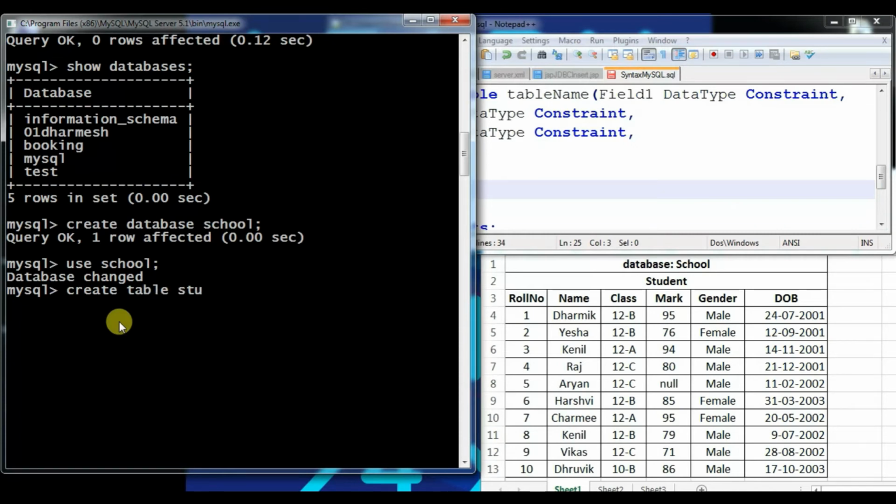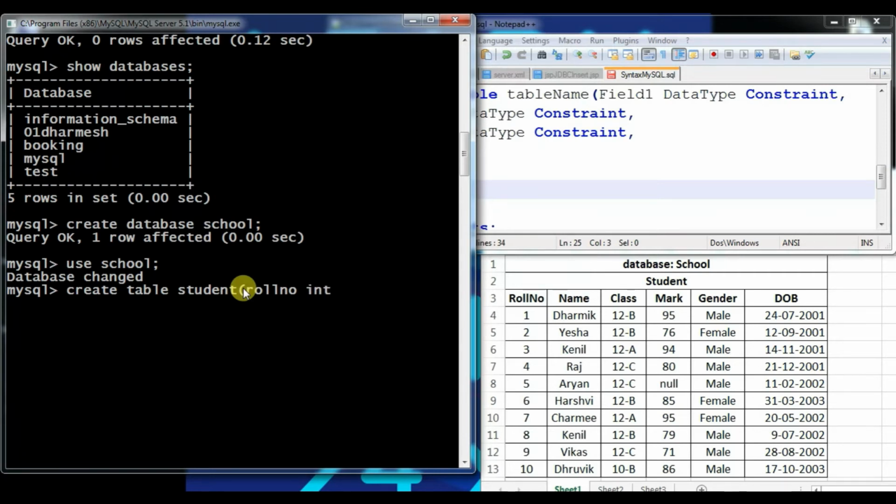Right now the name of the table is student, round bracket start, round bracket over, semicolon. In between that, field 1. Right now field 1 is roll no, which means we have to write roll no. As I told you, you can use either capital or lower case characters. Roll no, the data type of the particular roll no is int and constraint.